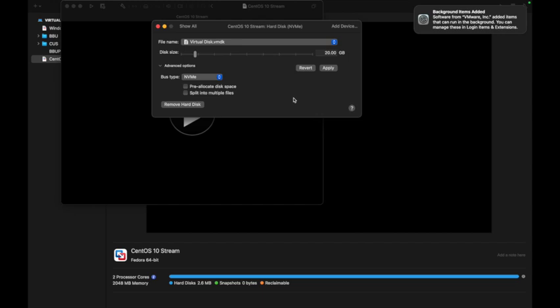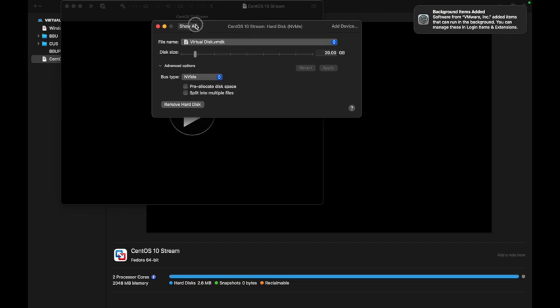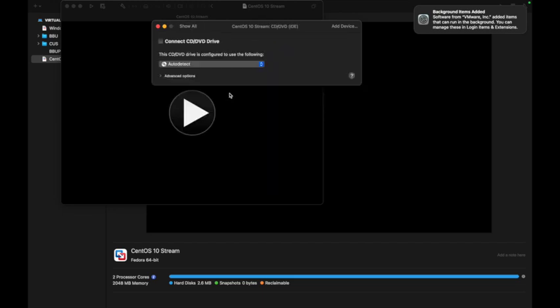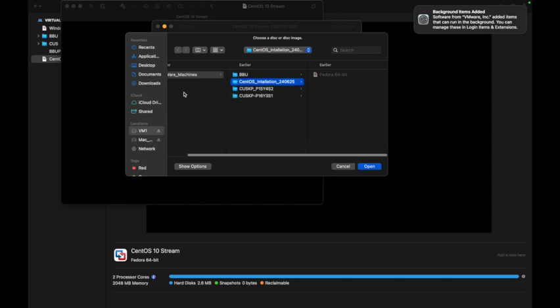For the hard drive configuration, you can change the space, but I use the full space that it recommends, 20 GB. Here we need to select the CD, which means we need to choose the boot file.